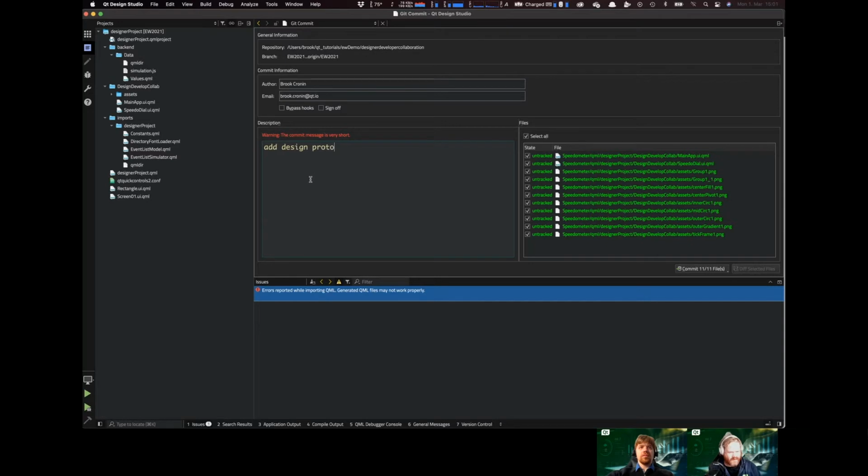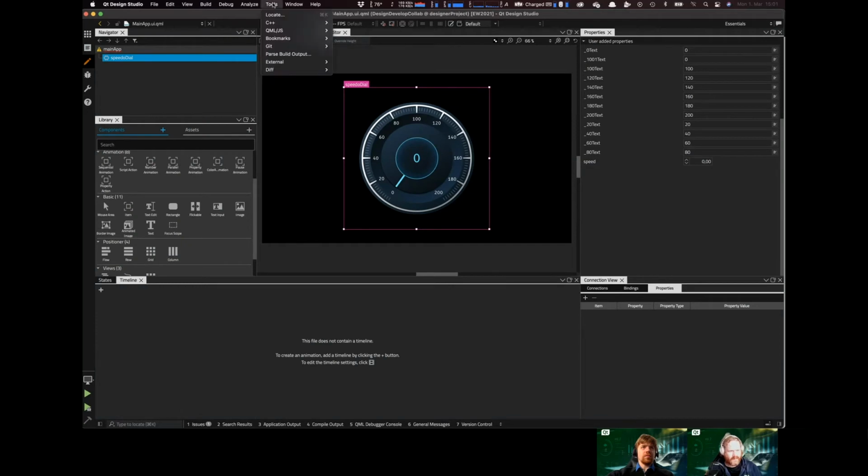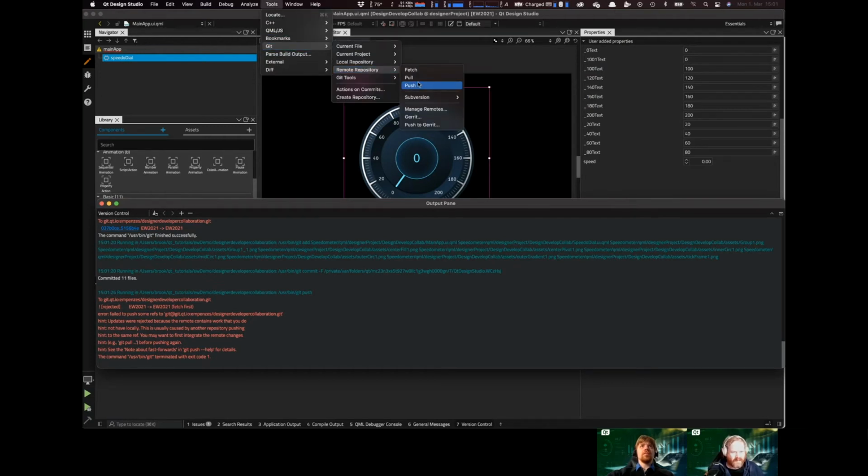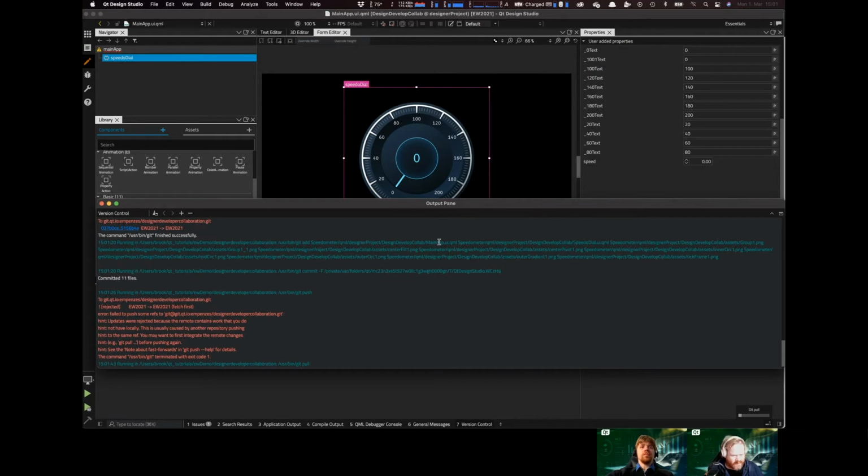Give that a commit message. And then come back into the remote tools, push that up. Okay, so looks like I didn't do a pull first. That's a bit annoying, but it shouldn't be a problem. If we just pull,